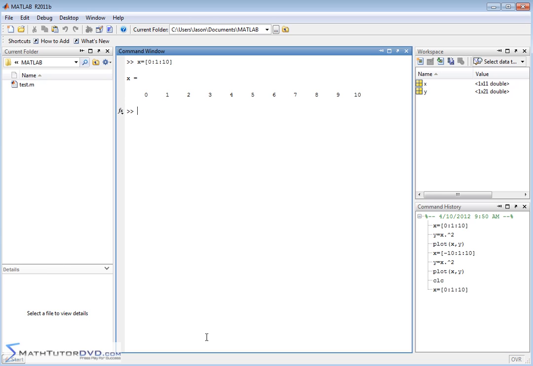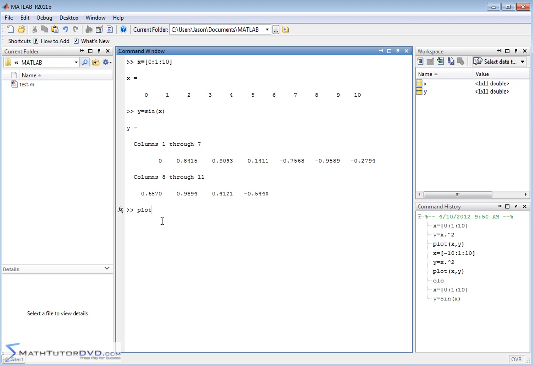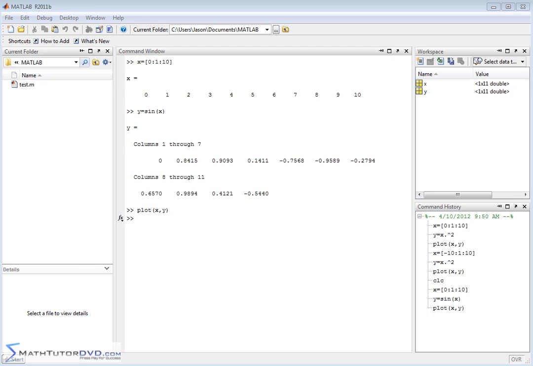And for our y value, let's pick something a little more familiar. Let's say y is equal to the sine of x, right? The good old sine function. We all know what that looks like. And the sine function is going to operate element by element, so we're going to get a listing of numbers back, that many elements long, and it's going to be the sine of each of these discrete values that we've calculated. So we can plot this, x comma y, and take a look at it, pull up our graph window,